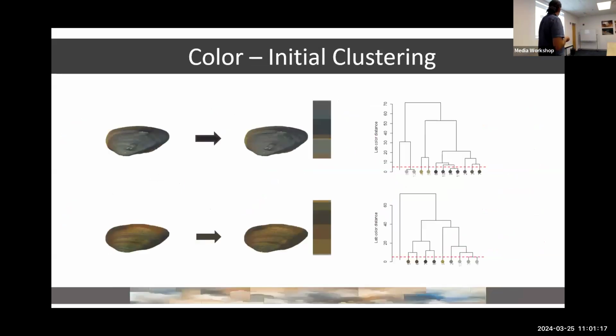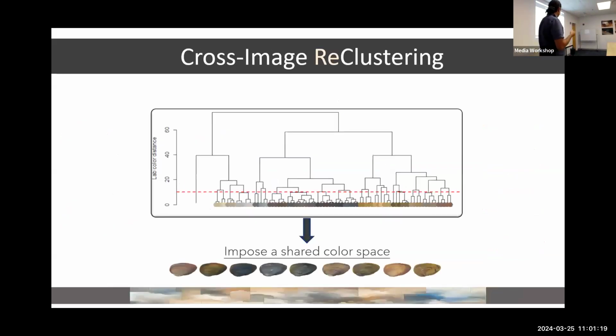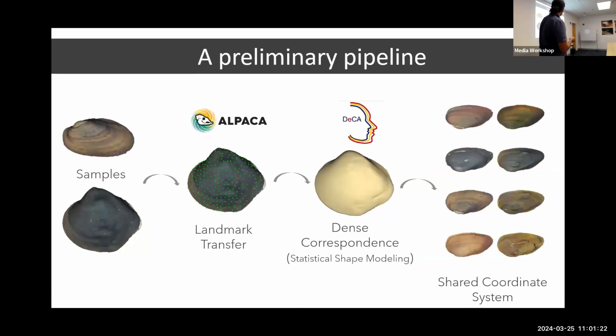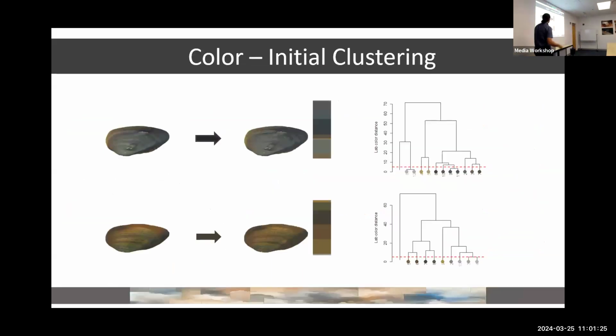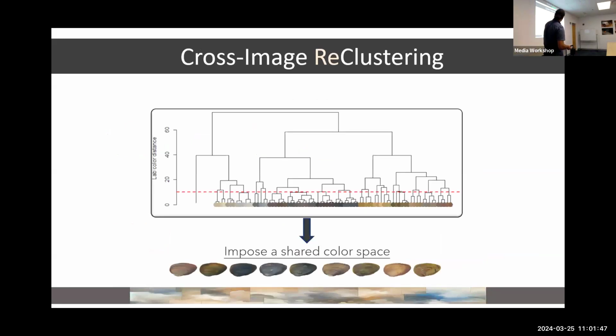All right? With that, you can use more traditional color tools. You can perform an initial color clustering, so you reduce the amount of noise associated with lighting and other sources of variation in color information, and obtain color maps for individuals. You can reduce those color maps using clustering techniques so that you merge colors that are too similar. And then you can merge those color maps together again by placing all color maps of the different individuals in the population, doing hierarchical clustering of those colors,